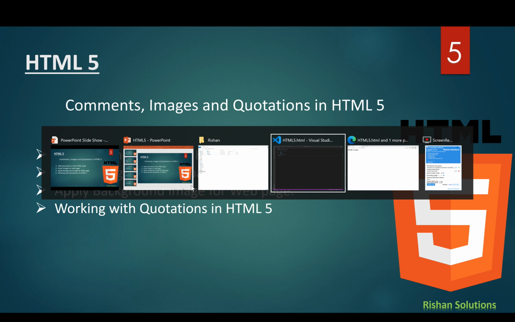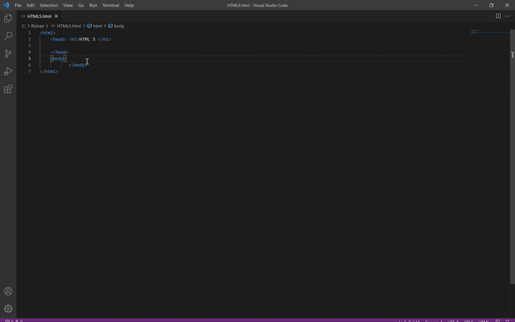So for that I'm going back to the HTML code, and this is the empty HTML file which I have created. Now I just want to apply a background image to the entire page. So for that we have background. When I type background like this, I just see the background only, not a background image. We'll try that. I'll try to put a background image for this body and give a colon,